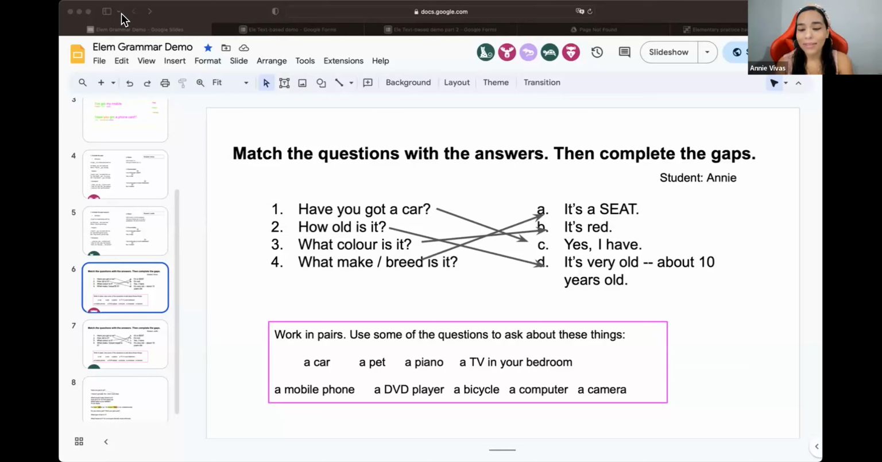How old is it? It's 3 months. No, 1 month. It's very new. Okay. What color is it? It's green. No, it's